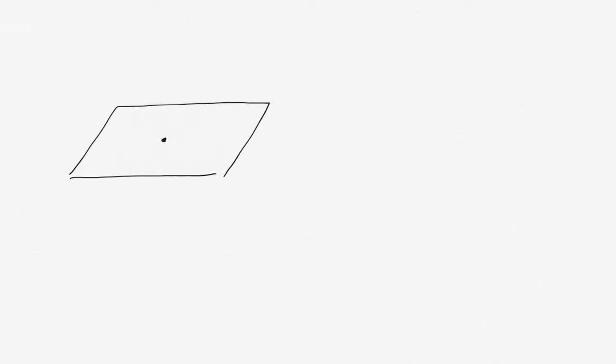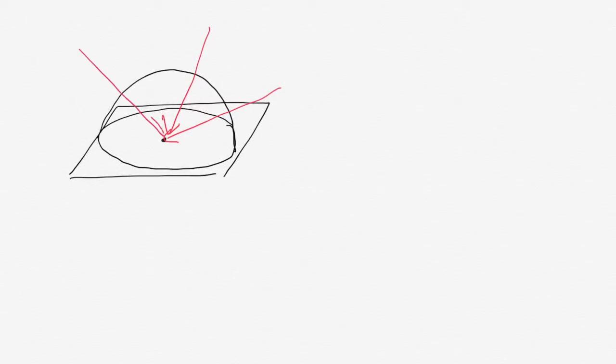Now this point receives light from all parts of the sky, so that can be thought of as a hemisphere. Let's draw the circle on the plane first, and then the hemisphere. And light comes from all directions from this hemisphere or the sky to this point on the plane, for example. So this means that the amount of light that this point receives comes from the summation of all these lights from this hemispheric source,